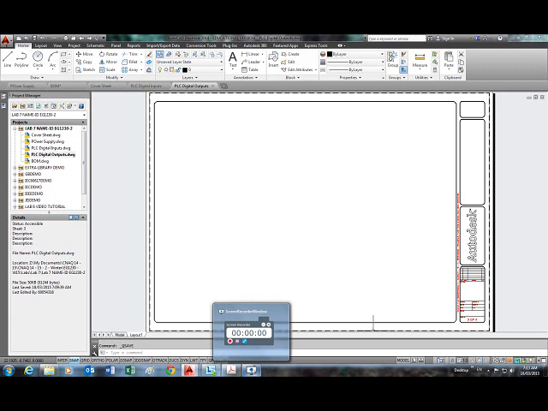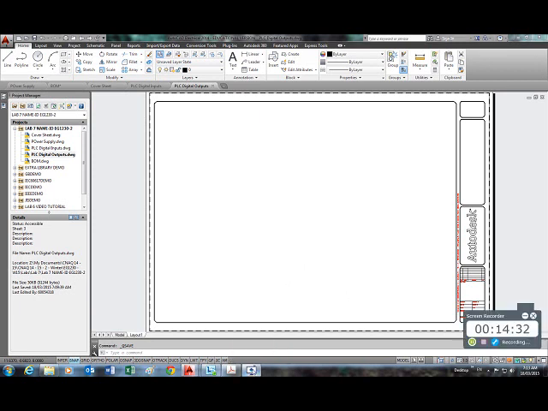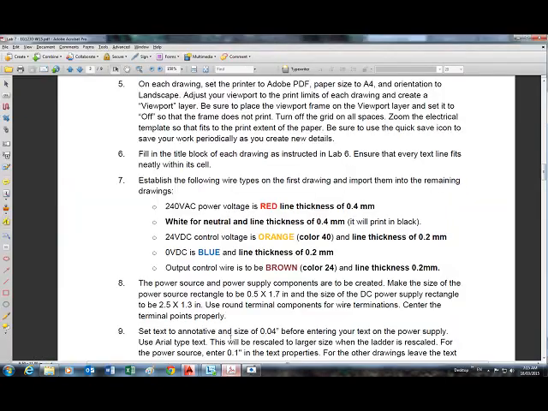And now we can start working with the actual drawings, which is the subject of the next tutorial. In fact, let us do a few more settings that we need according to the lab instructions. It says here fill the title block, so let's do that and get it out of the way and set these